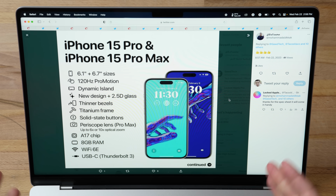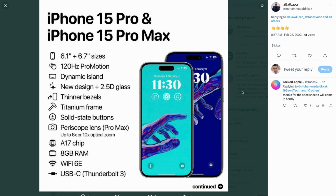And you can just see here a list of features that the 15 Pro and Pro Max are getting, for example, 120Hz ProMotion, not on the 15. New design, 2.5D glass, not on the 15. Thinner bezels, not on the 15. Titanium frame, solid state buttons, periscope on the Pro Max, the new A17 chip, 3nm, 8 gigs of RAM, Wi-Fi 6E, Thunderbolt 3, none of those features are coming on the 15, and basically this is the first time that